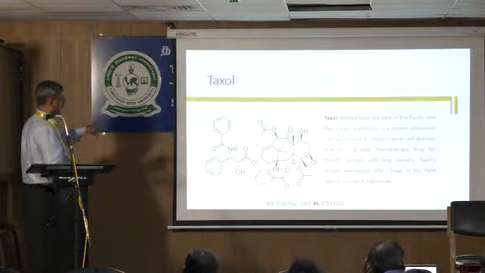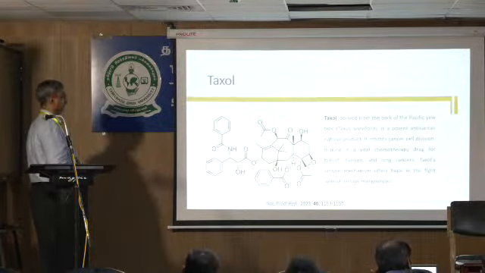Taxol is derived from the bark of the yew. It is a potent anti-cancer natural product and a very important drug in our natural product discovery for cancer,